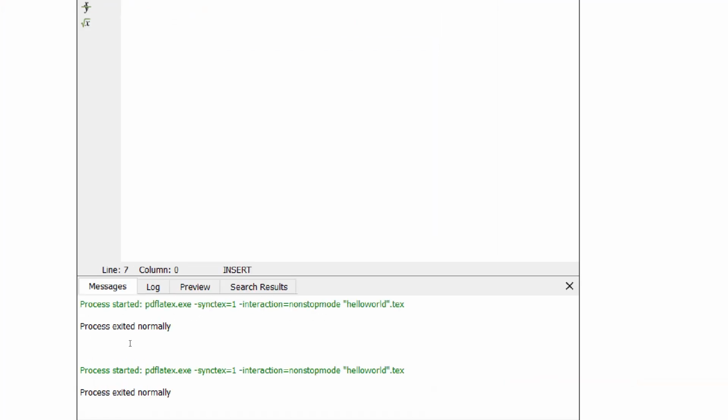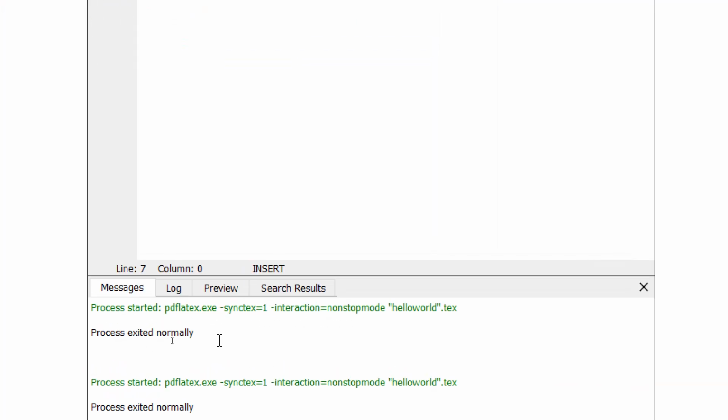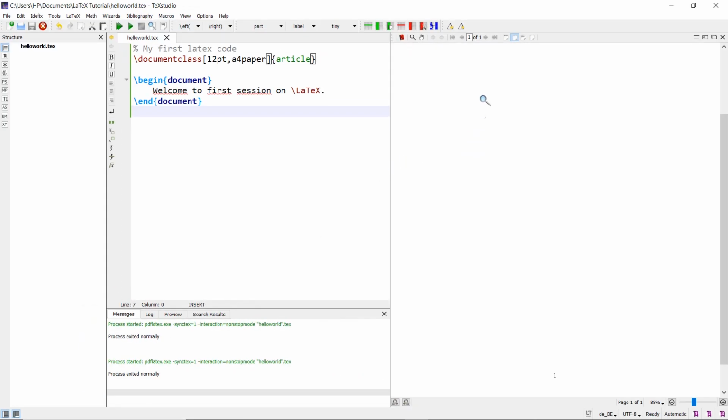It has taken some time to compile, and immediately when the compilation stops, you would see on the right hand side a document which is the output of this code. You can see this is a PDF document.